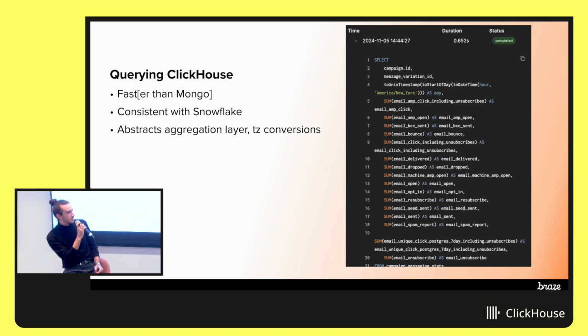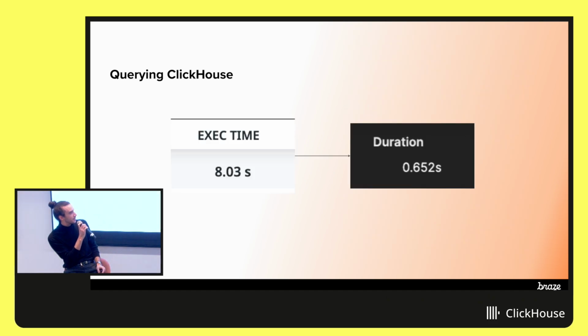A lot of the inefficient aggregation logic that was happening in Mongo and outside in that MapReduce framework is now just happening natively in the query. The data is consistent with Snowflake. We have to do less work. It's faster. It's just way, way better for us. So I guess if there needs to be a thumbnail for the meetup, you can just use this because it's like 10x plus faster.